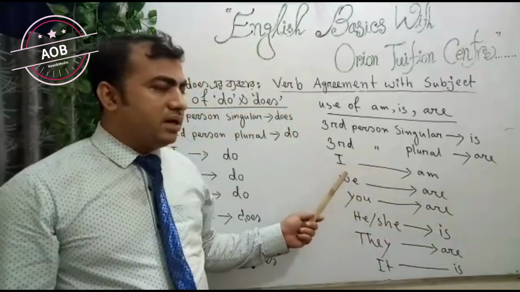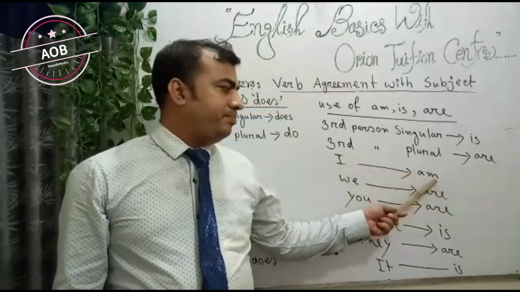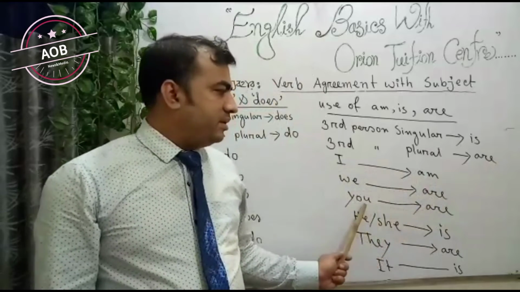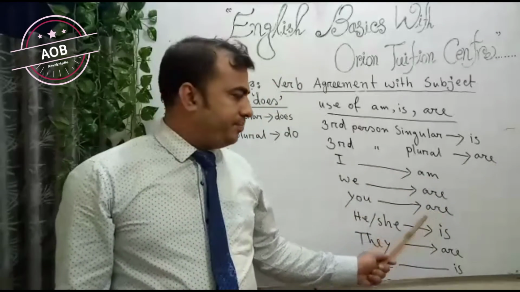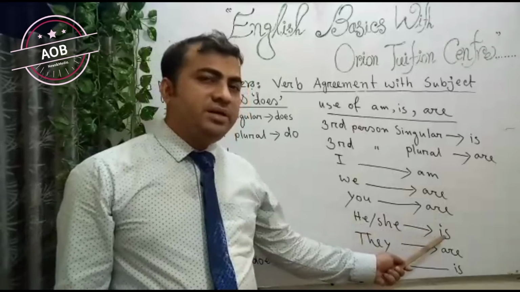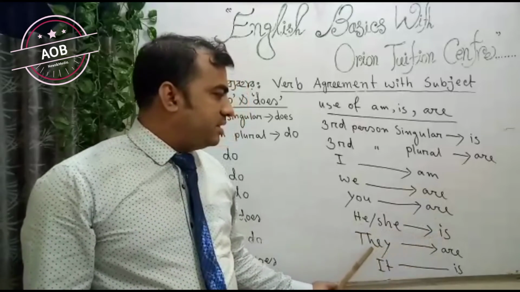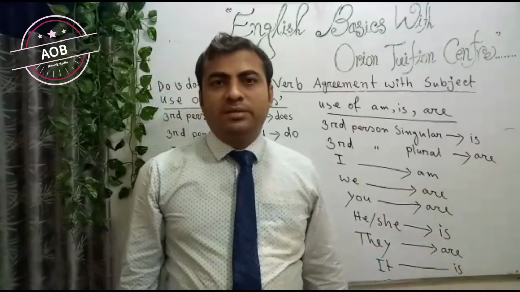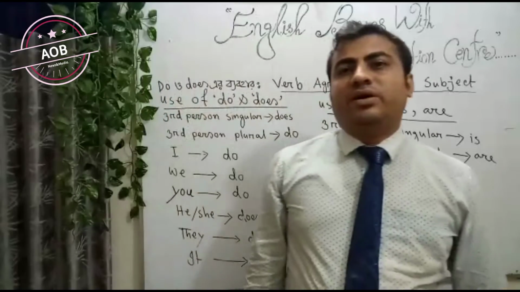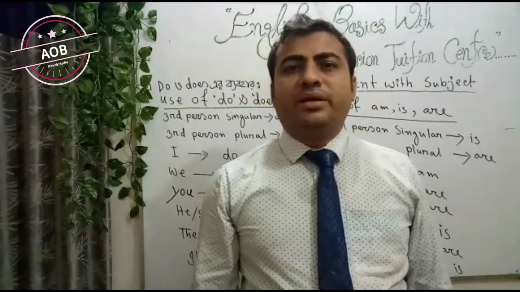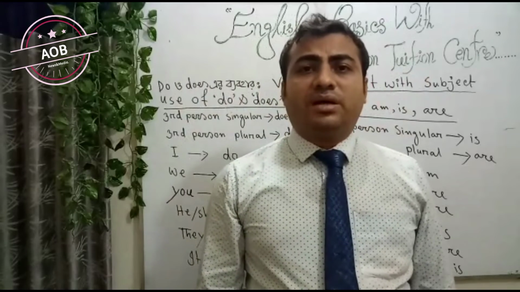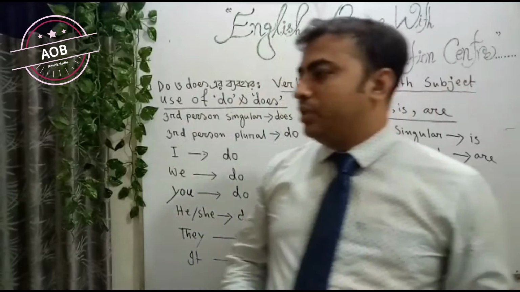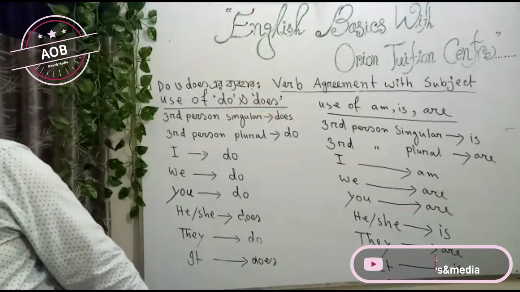Next, I am, we are, you are, he or she is, they are, it is. So the viewers, you have learned about the use of do, does, and am, is, or are. Next we will learn about the use of